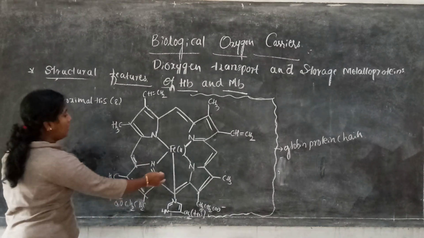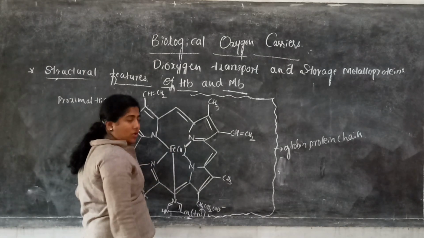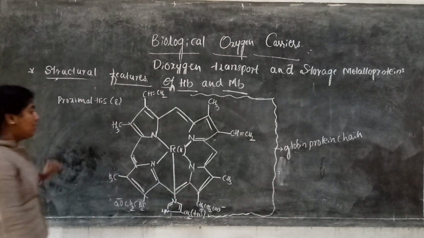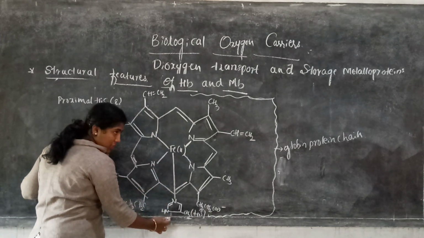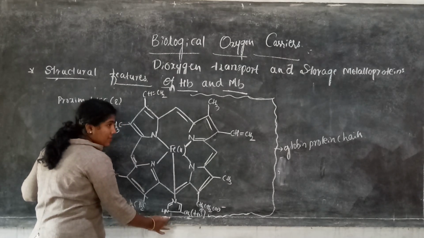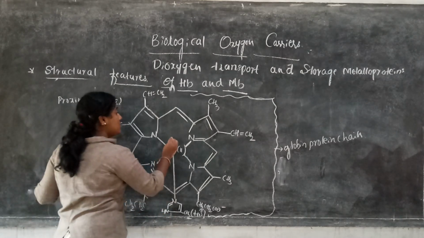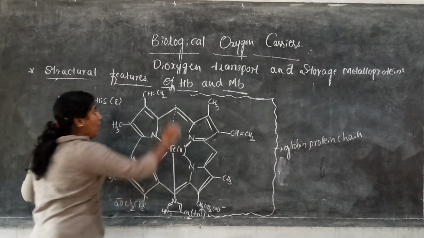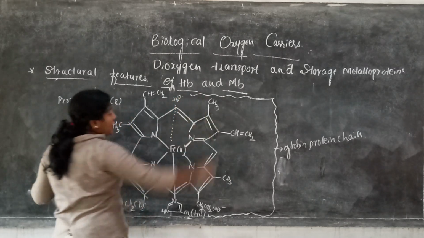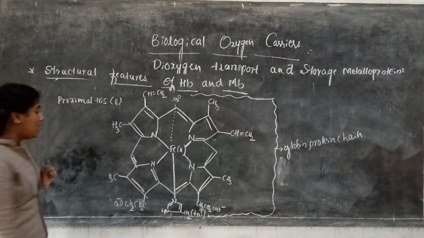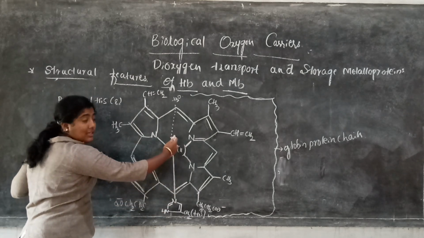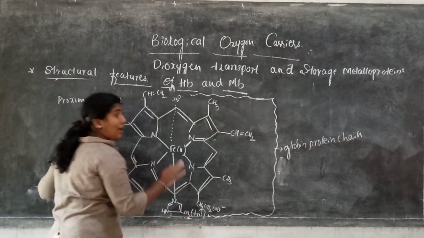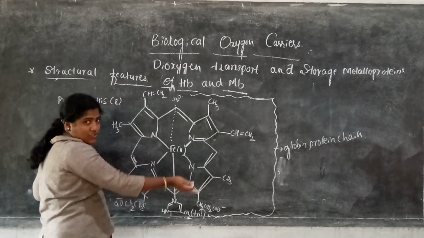In the deoxy form of hemoglobin and myoglobin, the fifth coordination site is coordinated to N-histidine, the proximal histidine, and the sixth coordination site is coordinated to a weakly bonded water molecule. So the sixth coordination site is weakly bonded. Here the fifth site is always coordinated to the N-histidine group, also after oxygenation.